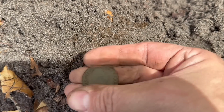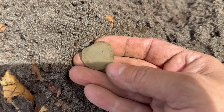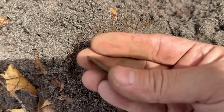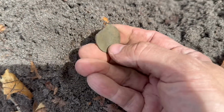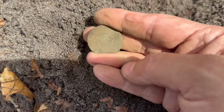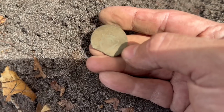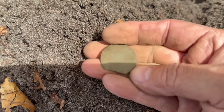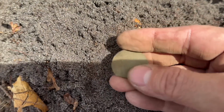I think that's King George III Hibernia. Wow. Absolutely stunning. Only my second ever Hibernia. The date is right here by the bottom. I could just barely see it. Maybe